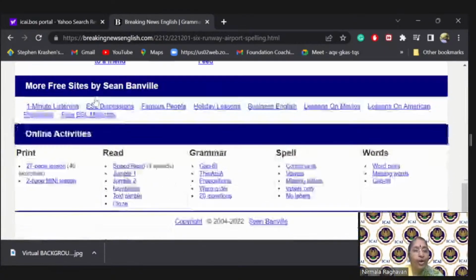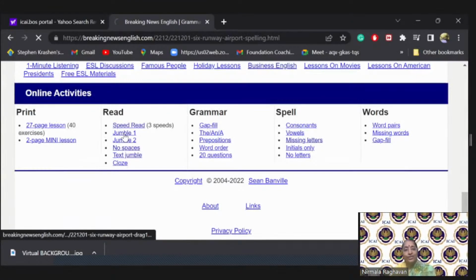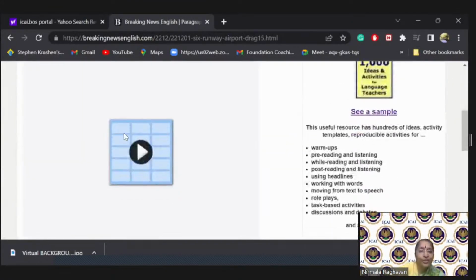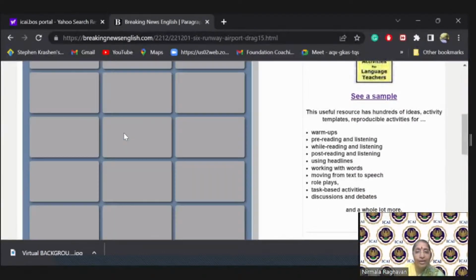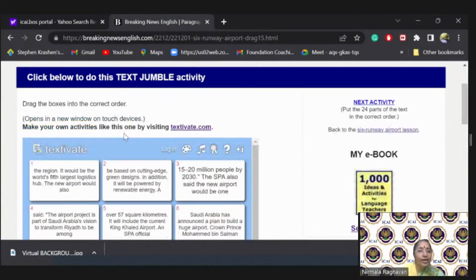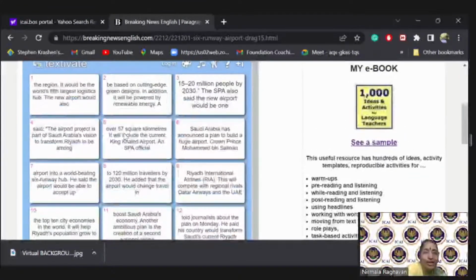Now, you have speed read, you have jumble one. Let's look at this. This is a good activity. You see, drag the boxes into the correct order. So these boxes have passages that are taken from the passage. You have to order them correctly as per the order in the